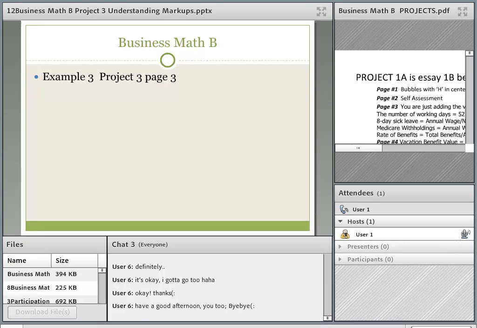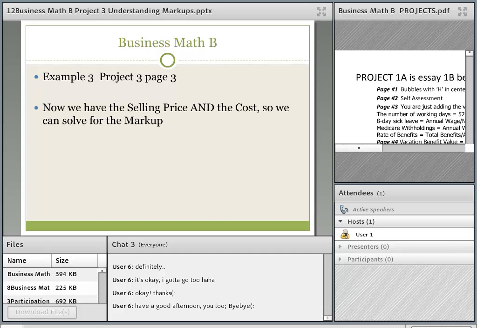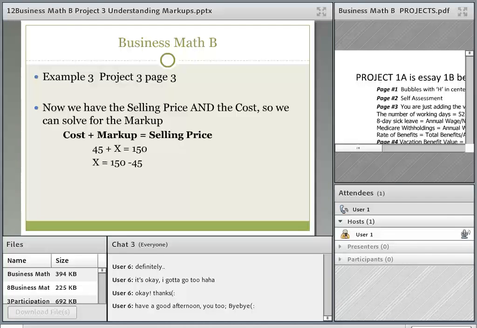Okay, we're still on page 3 again. Now we have both the selling price and the cost, so we can solve for the markup. We've got the cost of $45. We have the selling price of $150. So to isolate x, you subtract 45 from both sides. And there you have it. There is the markup amount. Okay? That gives you an idea how to